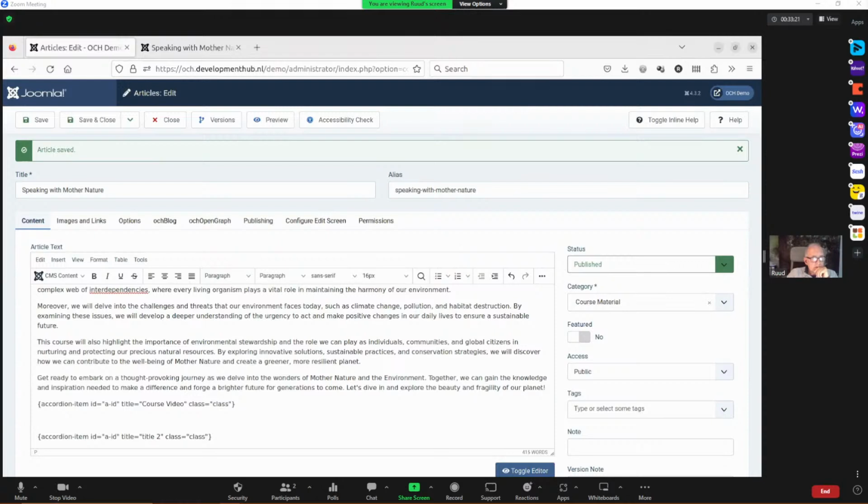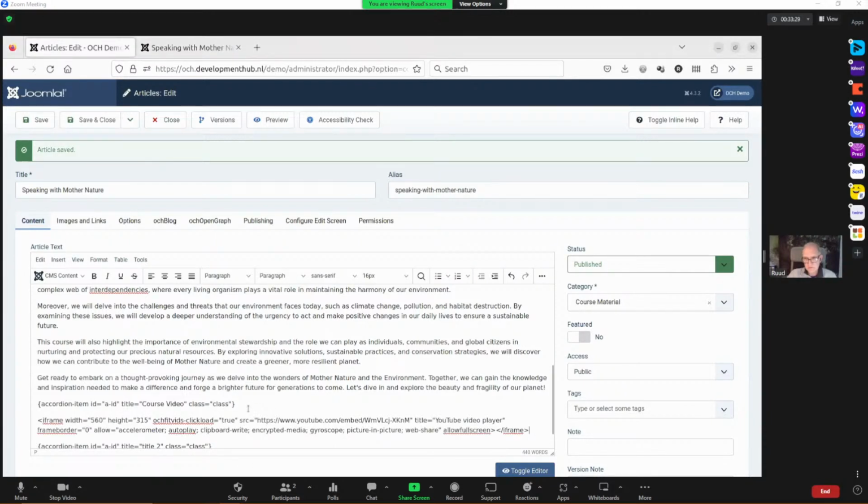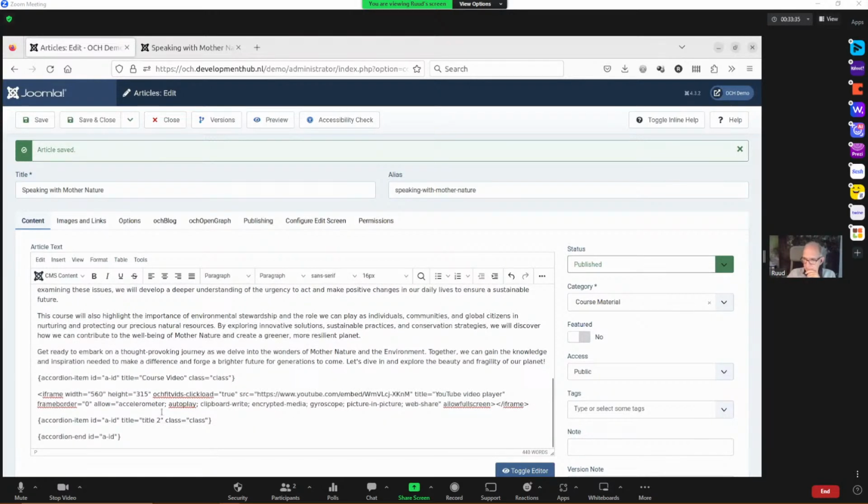Let's see, where is it? Oh, here it is. And as you can see, I just put in the iframe I copied from YouTube, the embed code. And what I additionally added is this code. And I will show you in a minute what that will look like. And then, of course, we also have the